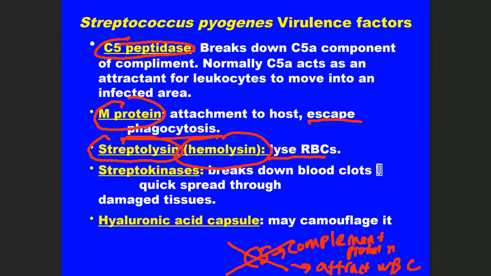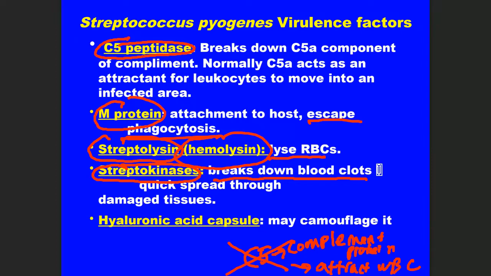Something we talked about before is that this bacteria can also produce this enzyme called streptokinase. This is an enzyme that can allow this bacteria to break down a blood clot. Now you might be thinking, well, why would a bacteria want to break down a blood clot? Well, let's say that you had a cut in your skin and you bleed, and then you form a blood clot to stop the bleeding, but the other reason you're forming that blood clot is to prevent any infections in that wound. Well, this bacteria can still infect that wound by producing this enzyme streptokinase to break down the blood clot and infect the wound.